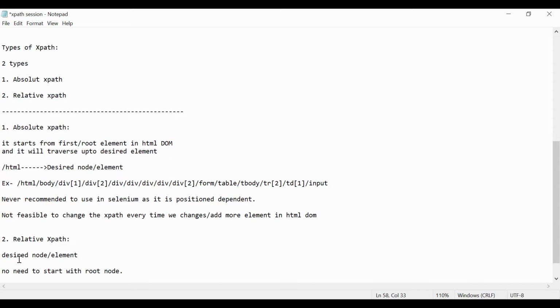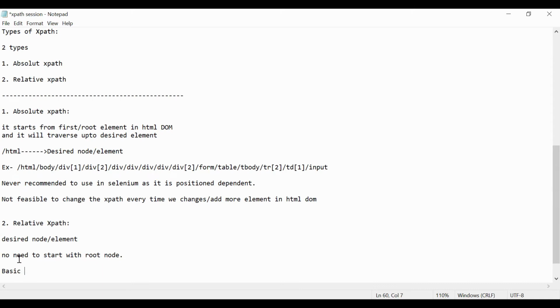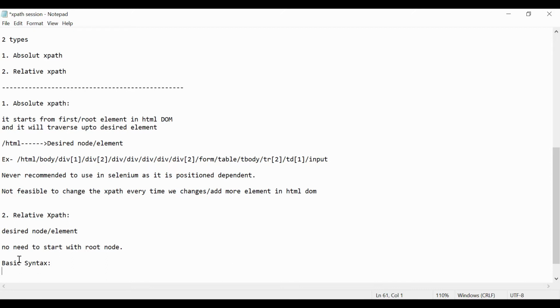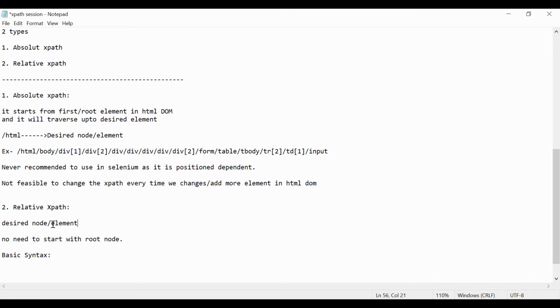So I will tell you the basic syntax, then you will understand more. How can you directly jump to the desired node? The basic syntax of relative XPath is double slash, tag, then square bracket, at the rate, we use attributes of the elements, is equal to, in single quote, the attribute value.